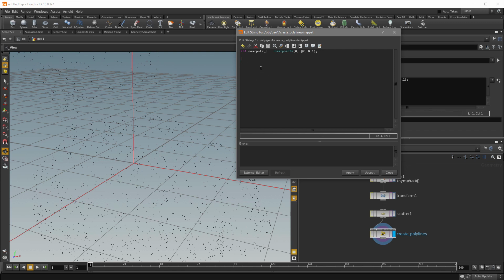So to make use of this information, we have to create another loop to run through all of these resulting points. And as I have an array, instead of using a for loop, I can use the more convenient for each loop. So for each,